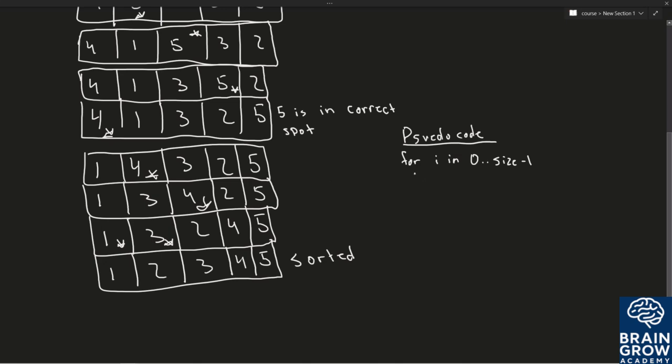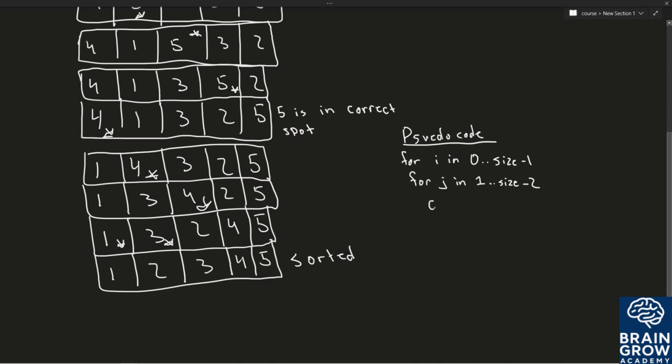So we're going to need another for loop, so we'll say for j in 1 to size - 2,